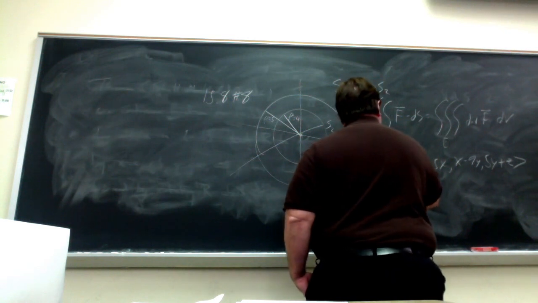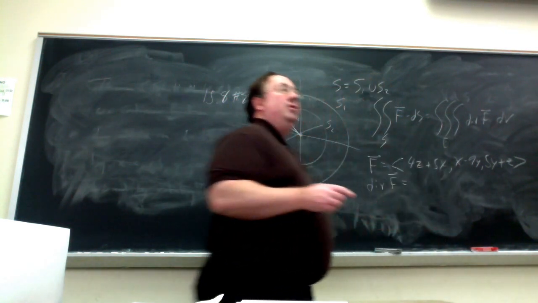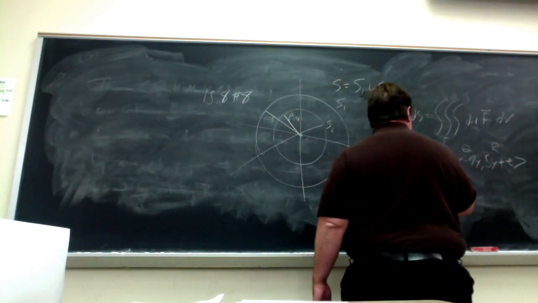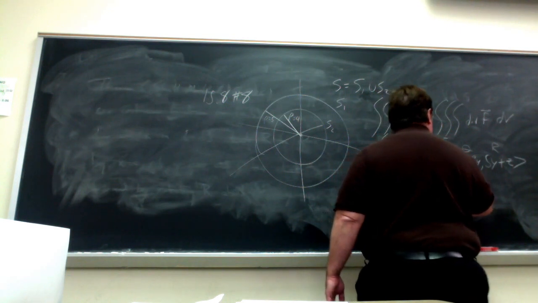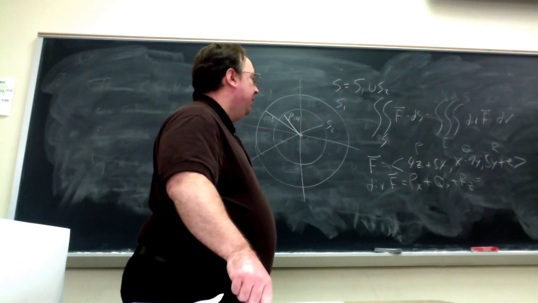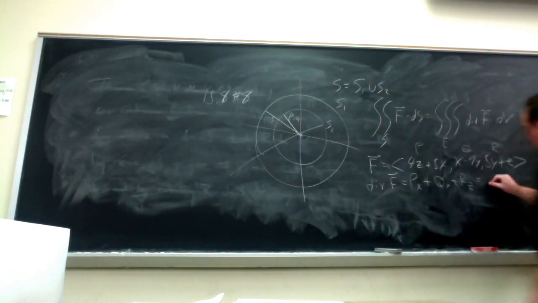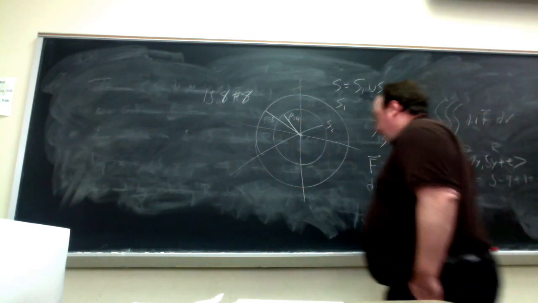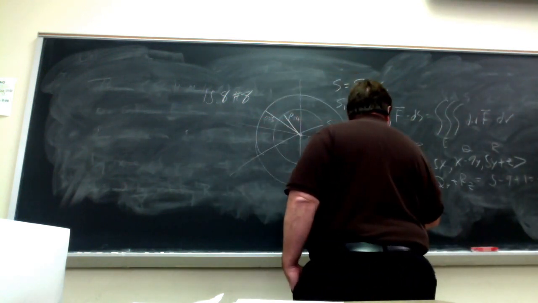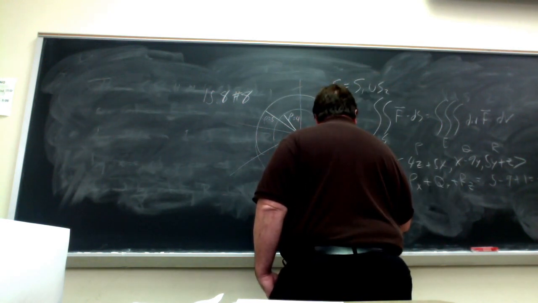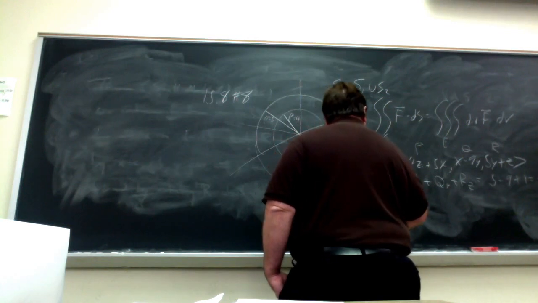Well, first of all, what would the divergence of this be? If I label these as P, Q, and R, by the definition of divergence it's Px plus Qy plus Rz. So what would that be in this case? It'd be 5, negative 9, and 1. 5 minus 9 plus 1, so it's equal to minus 3. So you get the integral of this divergence